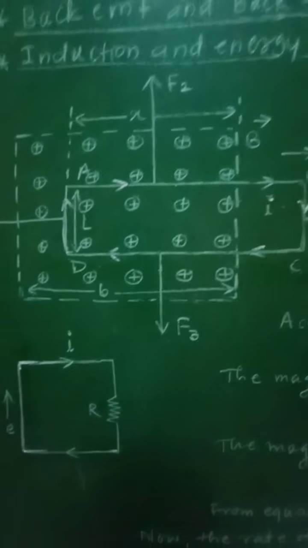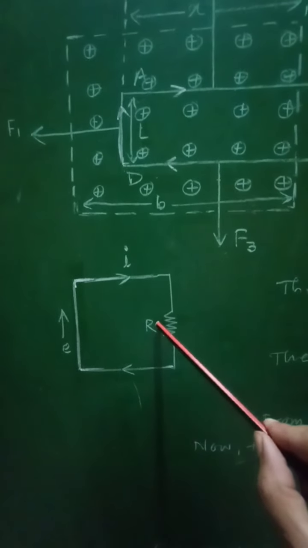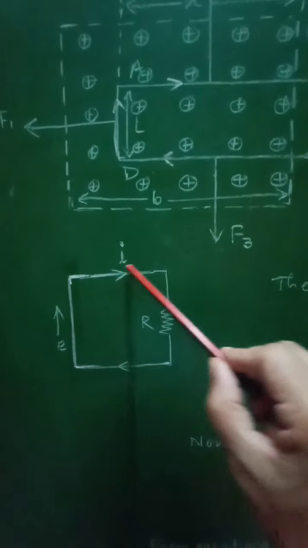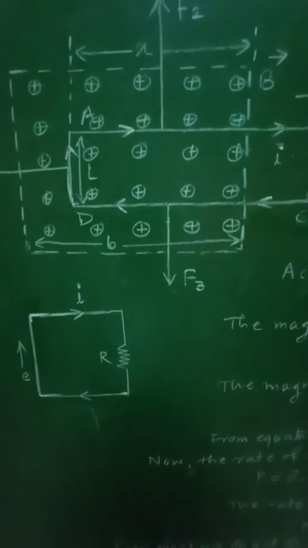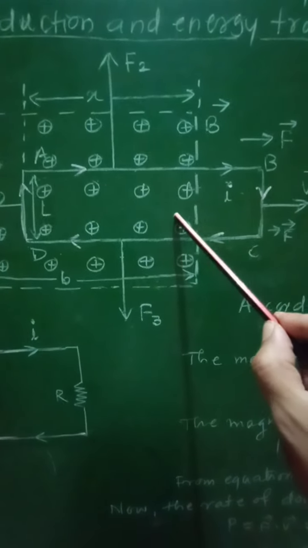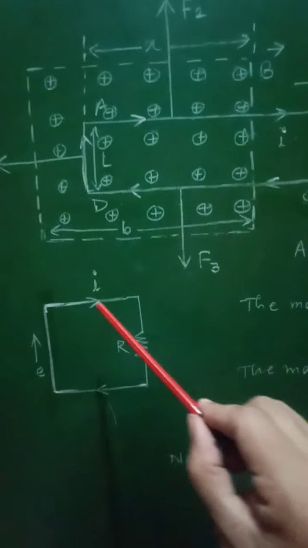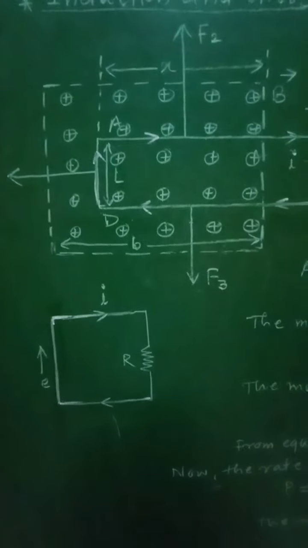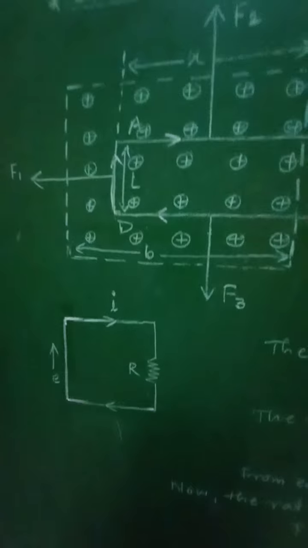Now if you consider this diagram, when current is set up in this loop, suppose R is the resistance of that loop, then the EMF induced in that loop will be equal to E, and so the induced current I will pass through this resistance R. Therefore, as there is mechanical displacement of this loop through the magnetic field, some mechanical work will be done. Similarly, when electric current passes through that loop, electric work will be done, and therefore we will have to find the mechanical power as well as the electrical power.